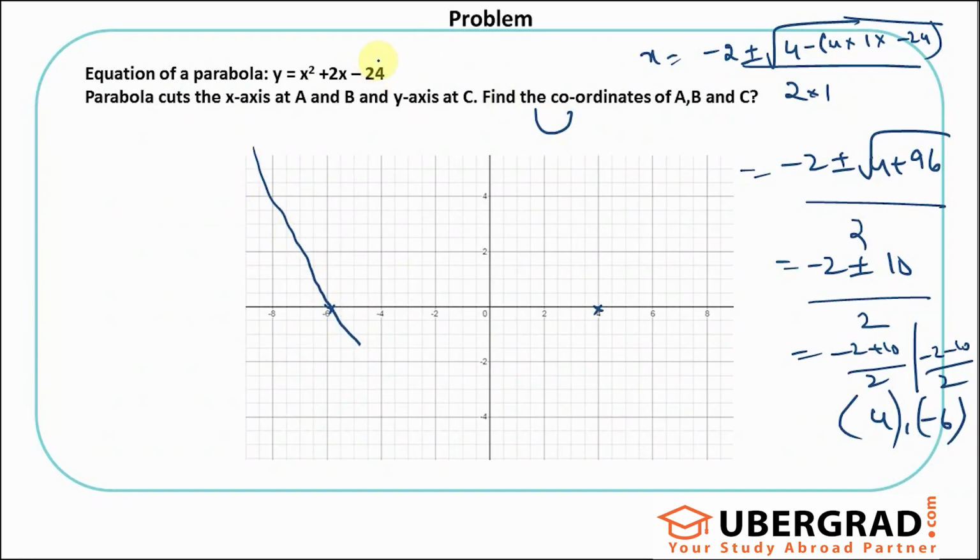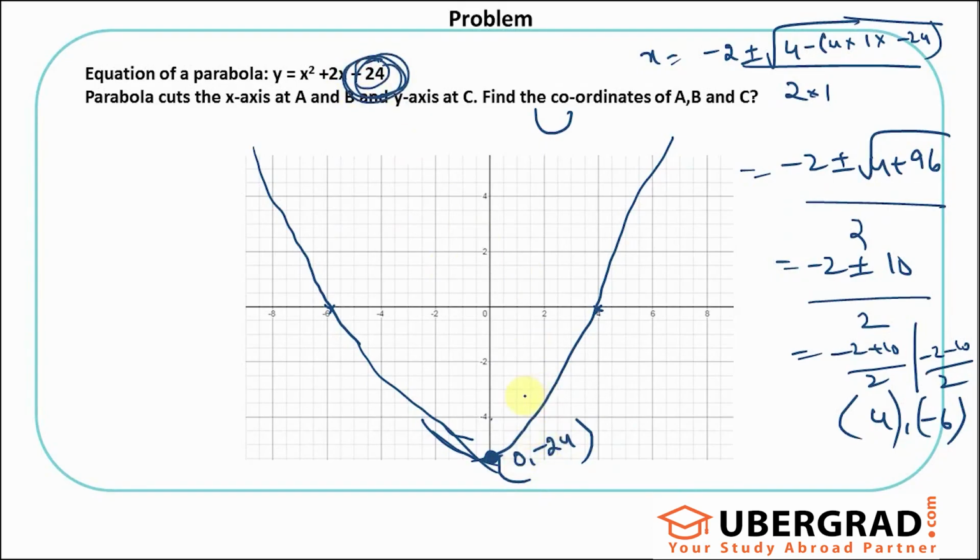Where is the y-intercept? Minus 24, right? So that should happen somewhere like that. I don't know where it will happen, but I can't go below this, so we don't have it here, right? Let's draw something like this. I know this is not absolutely correct, but what am I saying? So the point where this curve will cut should be at 0 comma minus 24. That's what I'm saying, right? Because I know the y-intercept is minus 24. That is not available here because the graph only goes up to minus 4, minus 6. Anyway,